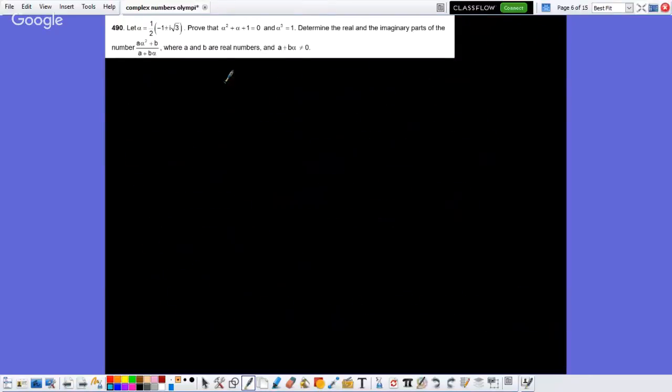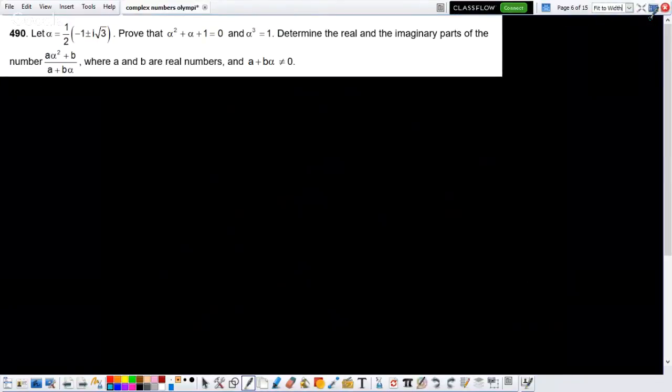This is the 4th question, I think. Here, alpha is equal to 1 over 2 times minus 1 plus i root 3. Let me make it bigger. Sorry, but it's not easy to talk for 1 hour like this. Prove that alpha squared plus alpha plus 1 is equal to 0 and alpha cubed is equal to 1, and determine the real and imaginary parts of the number